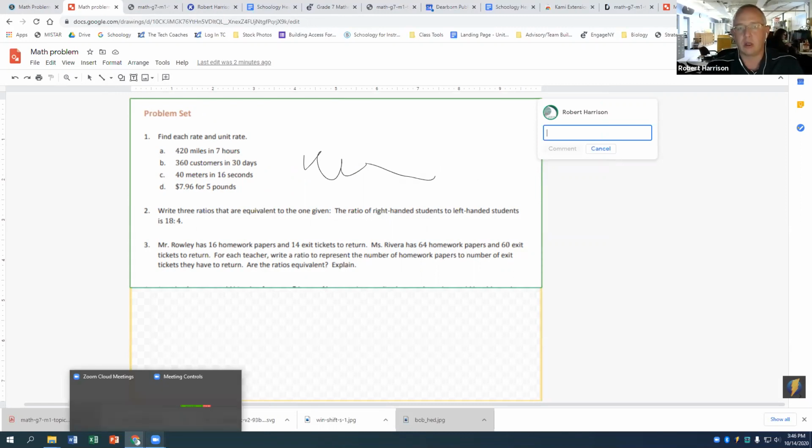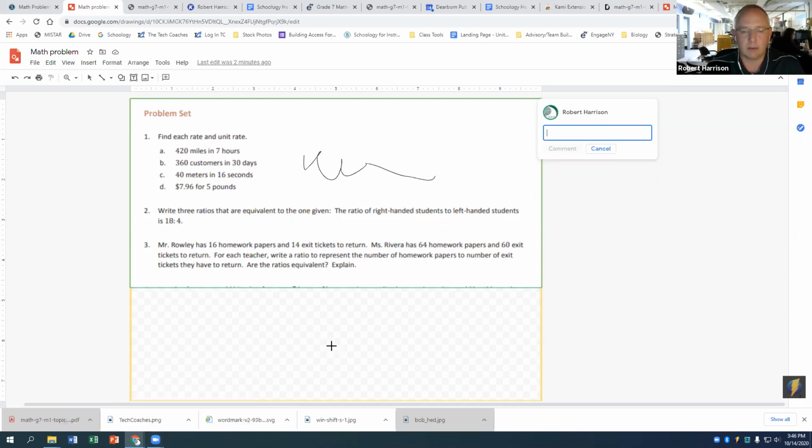Okay, so lots of different options when it comes to annotating documents, whether it's having students show their work, draw, or annotate an item of text or something like that. And each one of those options is really going to depend on what it is you want students to be able to show you and what evidence you're looking for when it comes to student work. Okay, so just to go back,